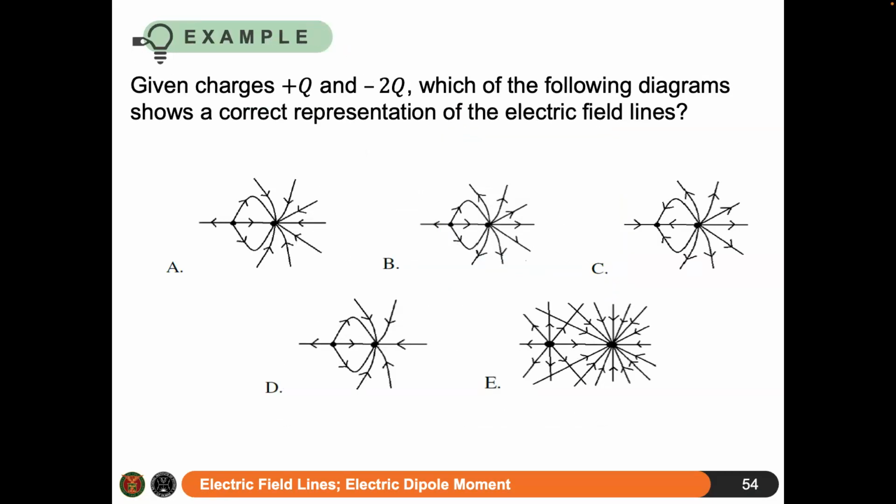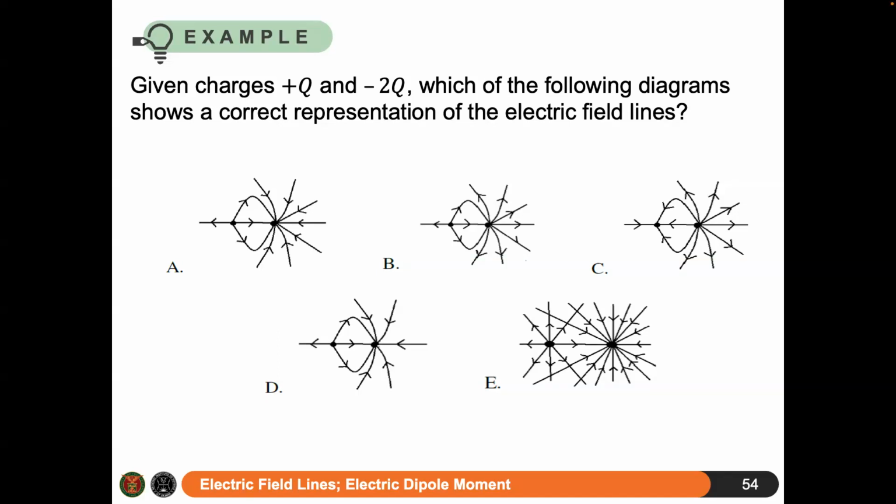Okay? Another example. So, given charges plus Q and minus 2Q, which of the following diagrams show a correct representation of field lines? So, automatic, letter E, hindi na pwede kasi may nag-i-intersect. So, wala na yan. Si B, hindi na rin pwede by elimination kasi yung charge na to nag-act as a source and a sink. So, bawal din si B. Okay? So, ang possible na lang ay si A, C, or D. So, bilangin na natin yung